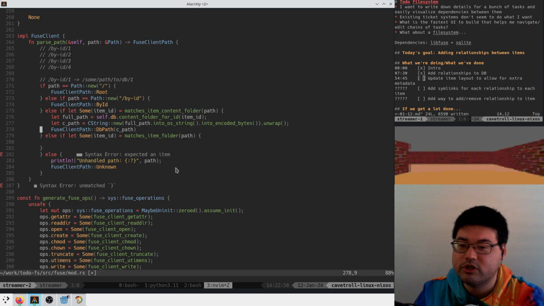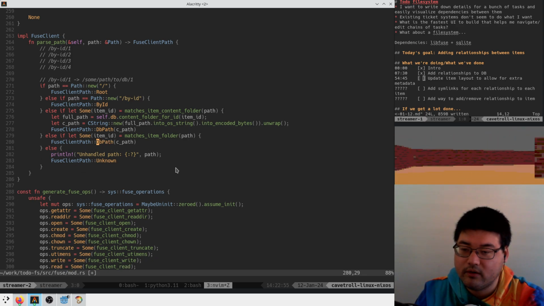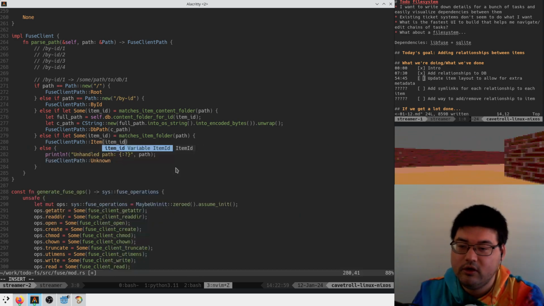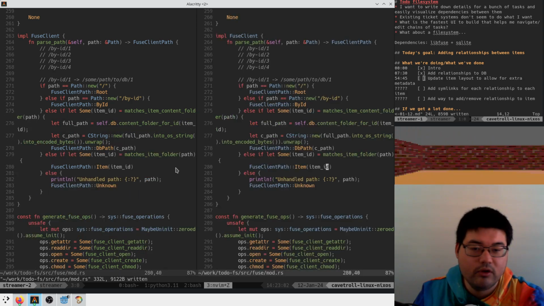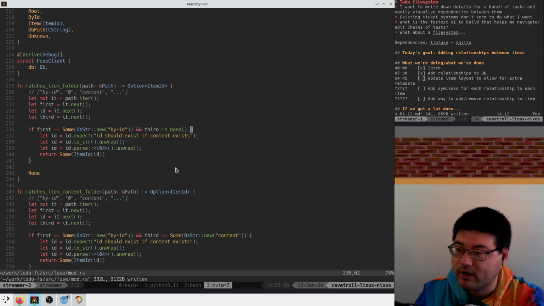We will then return an item, fuse client path item ID. And all we're going to do in that case, when we list the directory,